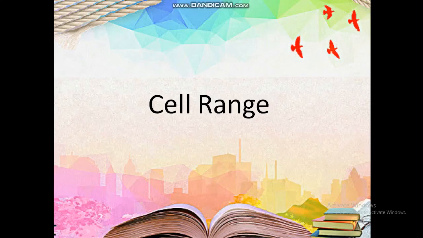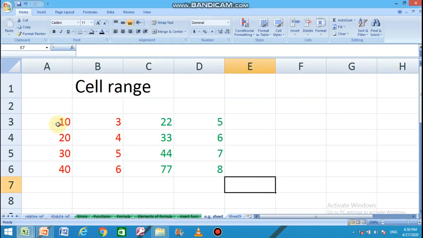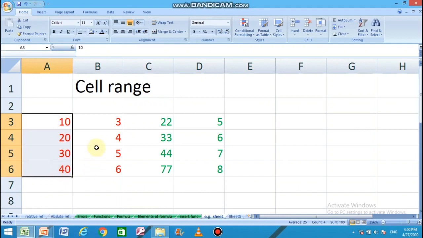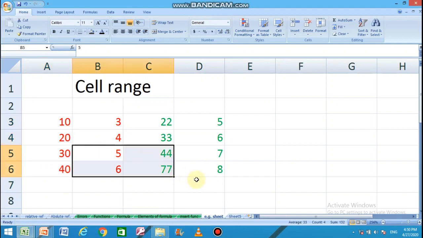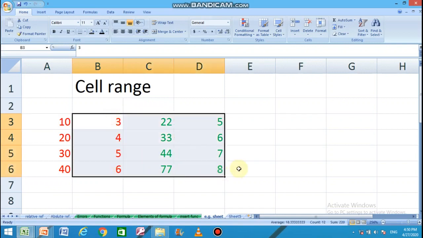Cell range. My dear students, a cell range is a group of contiguous cells. Cells which are in continuation, like this, or like this, like this, like this.